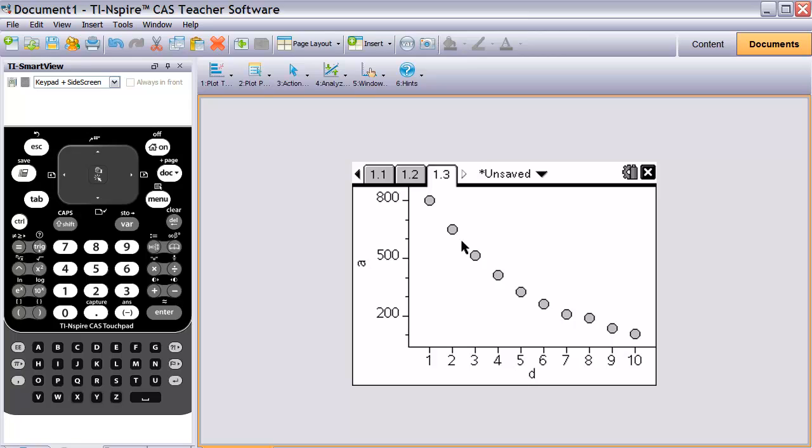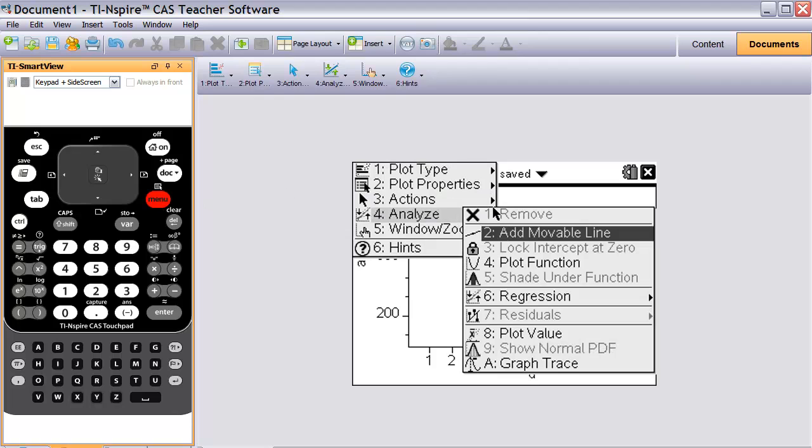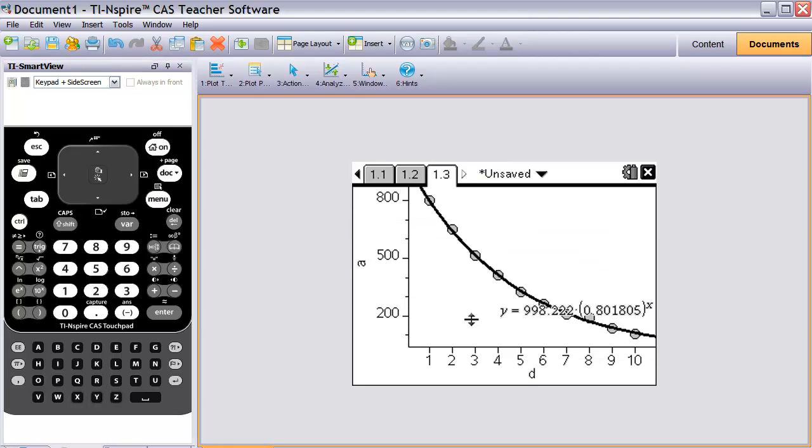So that's where we're going to go to Menu, and then you want to go to Analyze, and then Regression, and we want to look for Show Exponential. When you do that, it brings in that exponential equation, which is the model equation for your